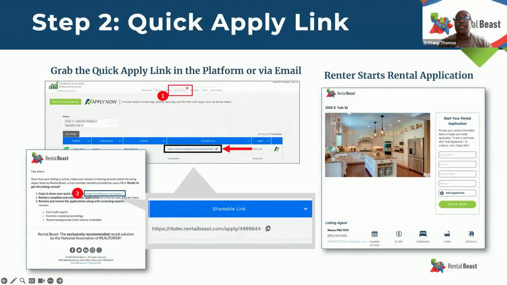to start their application. They're going to be able to put in their contact information, add additional applicants if there are any. It will have the first picture, the main photo of the application, as well as just some brief information about the listing and, of course, the listing agent information. Once they click apply now, that is going to bring them into the actual application that they will start to